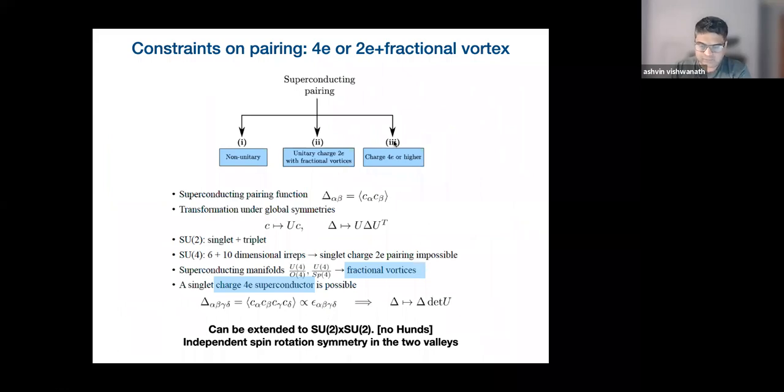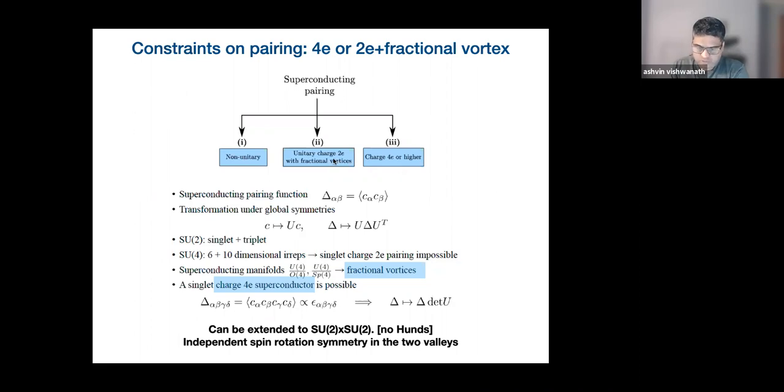We said that if you have this flavor symmetry preserved, you have one of three options. You can either get something known as non-unitary pairing. An example of non-unitary pairing is when you have pairing between the same spin, so you get different gaps for different spin components. The size of the gap is different. That's essentially what happens in the flavor polarized states: you forget about one spin and you only have pairing between, let's say, spin up. But it could happen even in the symmetric case. It's usually not preferred because you don't get that much condensation energy. It's just something to keep in mind.